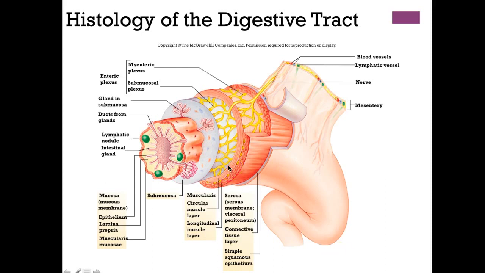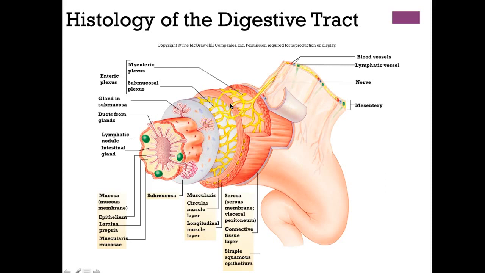Okay, and this is more of a summary slide. So here's our lumen, here's our mucosa. Remember, that's made up of your epithelium, which will be different depending on which area of the GI tract you are. We have the lamina propria, and then that muscular layer, the muscularis mucosa. And then we have second layer here, your submucosa. We call this your neurovascular layer, lots of blood vessels, and we also have that submucosal